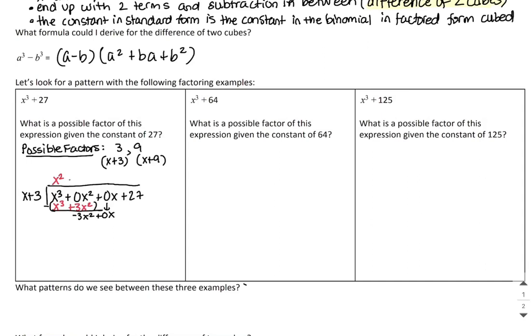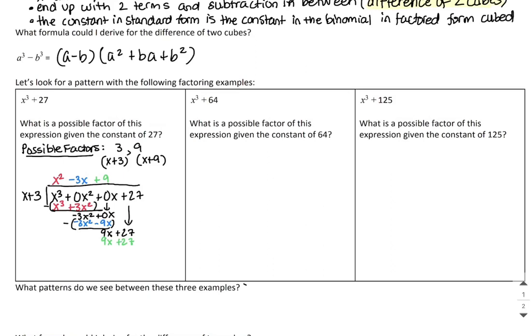And that's negative 3x. So I multiply x times negative 3x to get negative 3x squared, 3 times negative 3x to get negative 9x, and then I'm subtracting this expression to see what I have left over to take care of. And when I subtract, I get 0x plus 9x, which is 9x, and I bring down that last 27. I'm going to ask myself, what do I have to multiply x by to get 9x? And that is 9. I multiply 9 times x to get 9x, 9 times 3 to get 27, and I